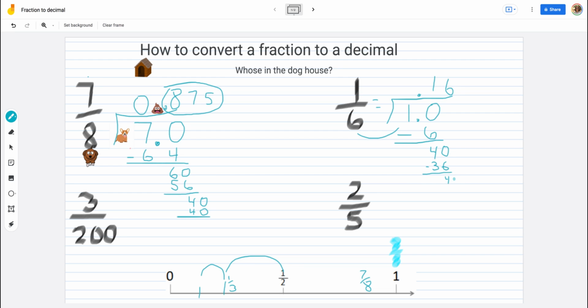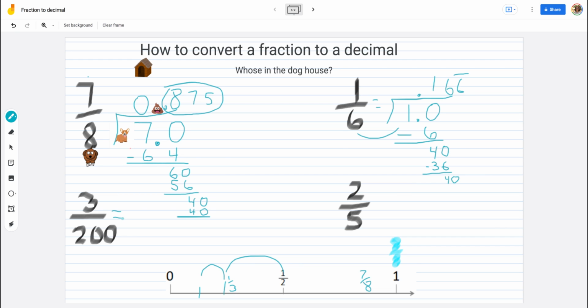Are you going to see a pattern here? This is going to repeat. Yeah, I'm going to have another 6. And then I'm going to put 36, and then I'm going to get another 4. So I'm going to put a line here denoting that this is going to be a repeating decimal. My answer is 0.166 repeating. And so we got that. We can move on to our next question, which is